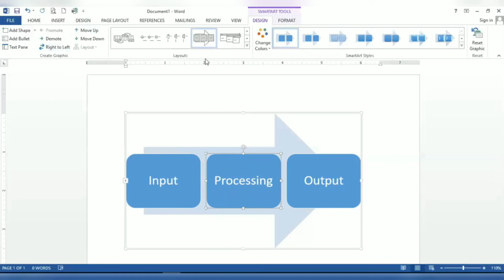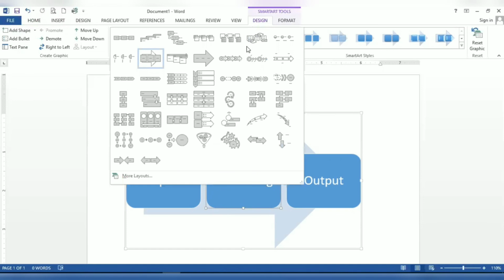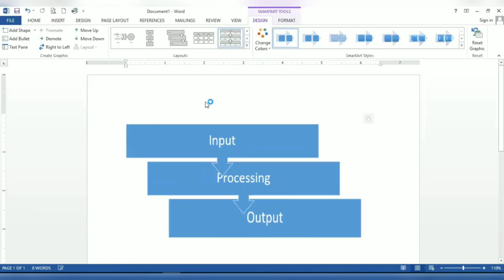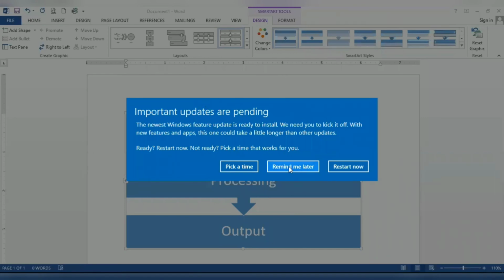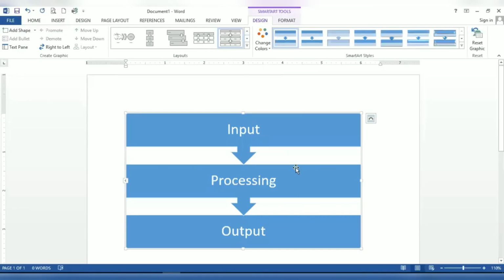If you wanted to move things up, you can also do this. For this, let me change my layout. Again, many layouts are present here. If you wanted to change your layout, you can change it from here. For example, now I want this layout. Now, for example, you wanted to move up or down. If you want this to move down, you can click on Move Down, and your shape has been moved down. Again, if you wanted to move up, you can click here to move that particular shape. So this way you can move your shape.